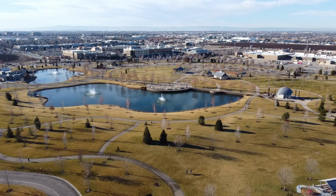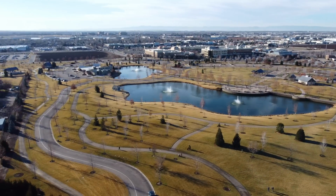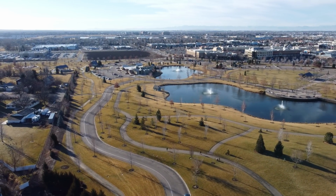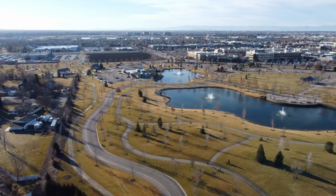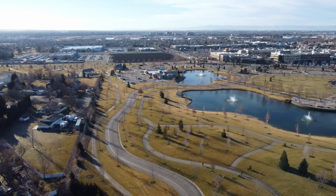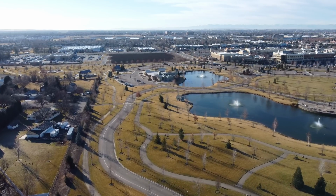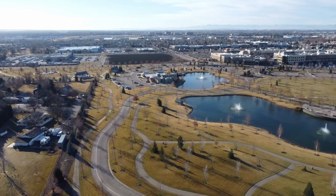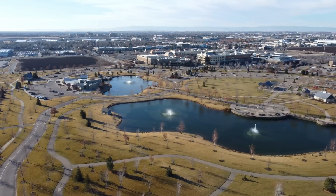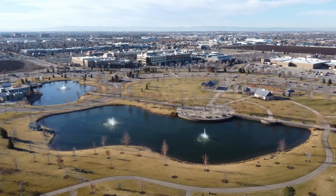So anyway, let's just take a look here, and we should be able to get some altitude. And like I said, I want to make sure we avoid going over the top of anybody here. I see a couple people on the trail there, but let's go over the top of the north pond here. And this is a 3-acre pond,